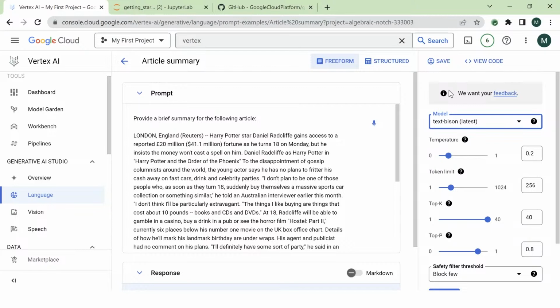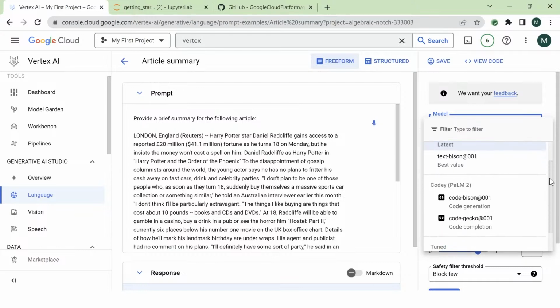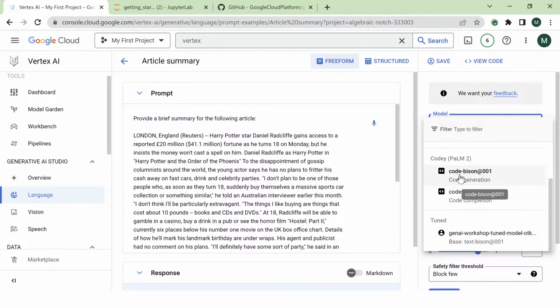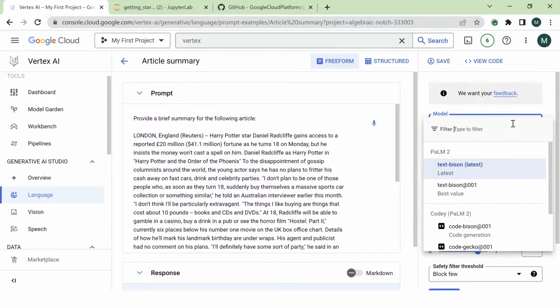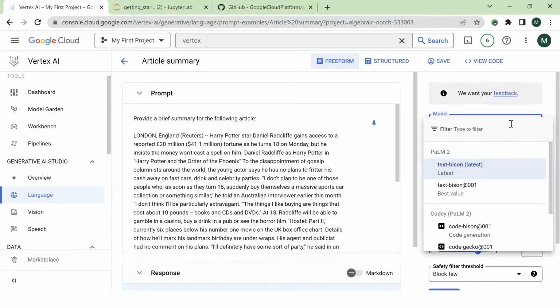We covered a lot of foundation models today. Where you can find them in Generative AI Studio is once you open a prompt, this is where you'll find all the models. For PaLM 2, we have a text model. We covered code, so you can choose the code models from here. And the tuned models you can also find here. For this one, I have access to the text-bison latest model. Whenever we update our APIs or models, you will find the latest here and also the previous version to make sure your work is